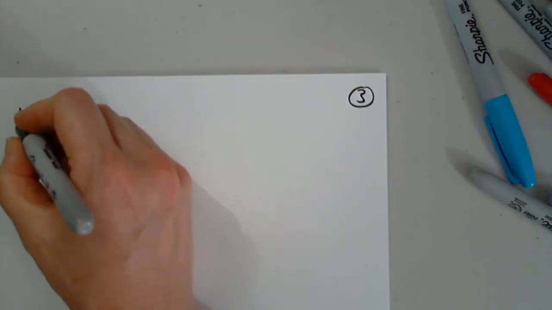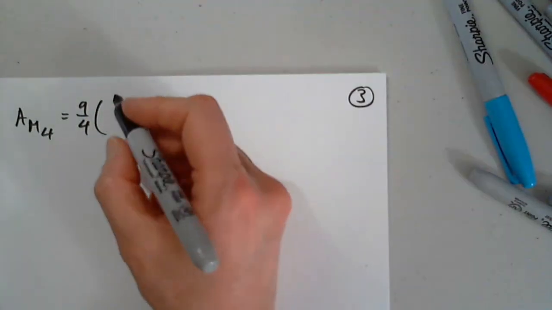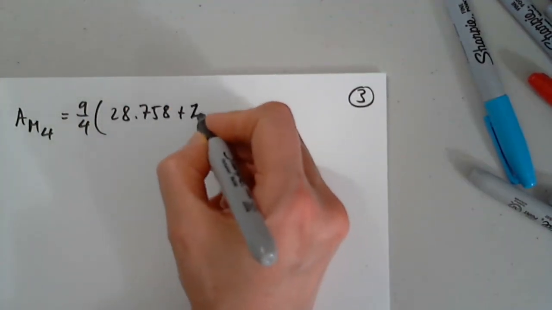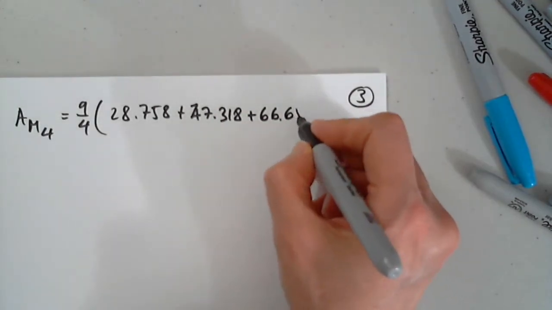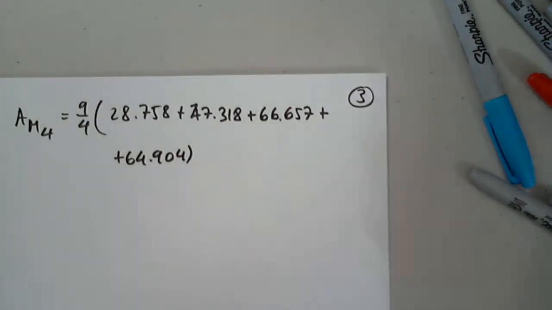So that's my page 3. So the area with the midpoint 4 will be 9/4 in front, and I'm copying 28.758 plus 47.318 plus 66.657 and plus 64.9 plus 904. Okay, so